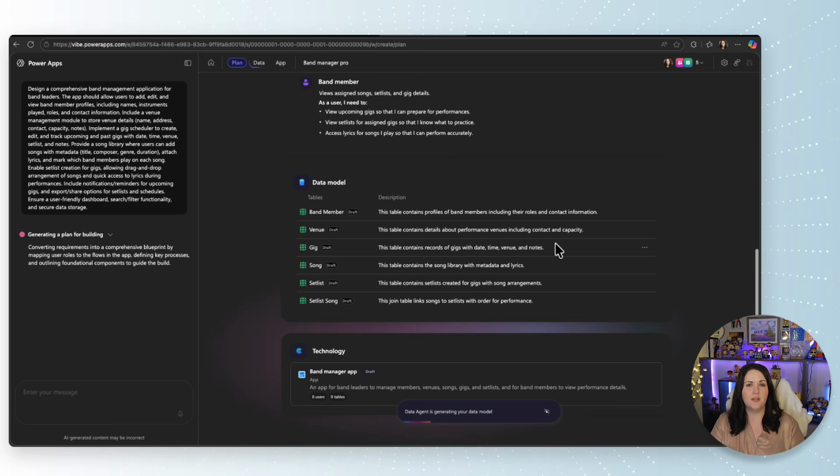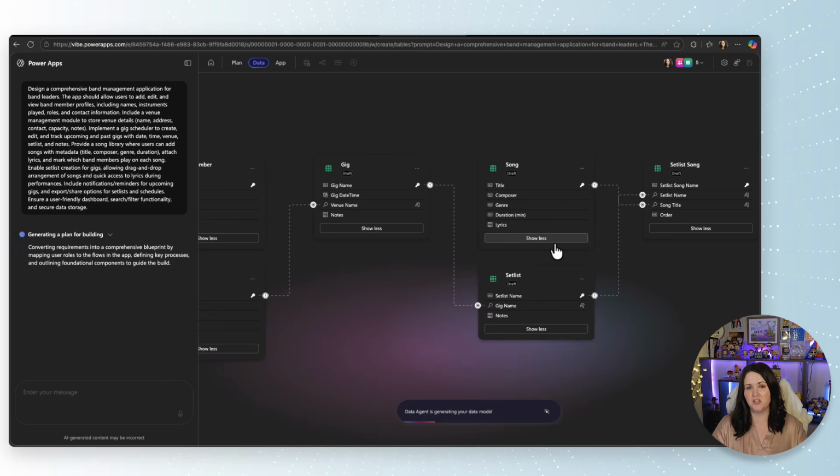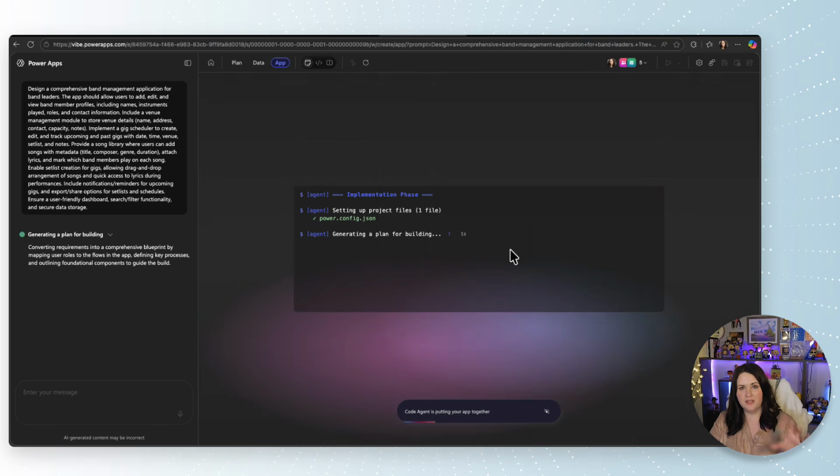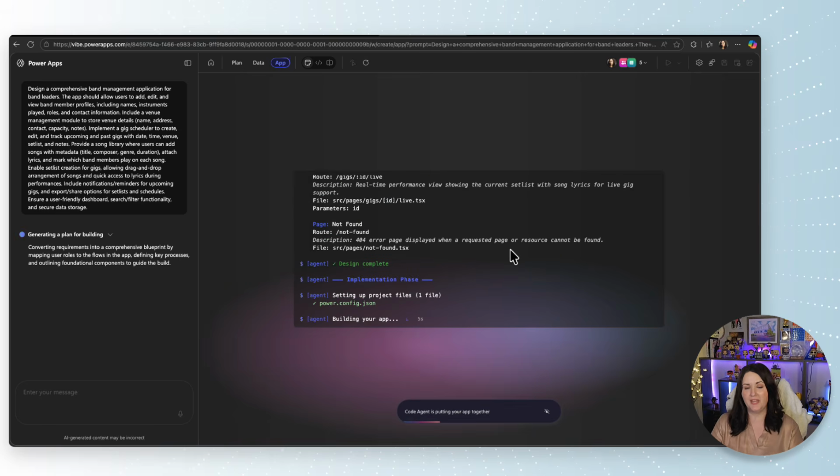So that is another thing to know about this type of application: it is going to be Dataverse backed. So we have our entity relationship diagram here. I can see everything that it set out for me as far as lists for the gigs and the band and all of that. And now it's calling a new code agent, which is actually vibe coding that front end